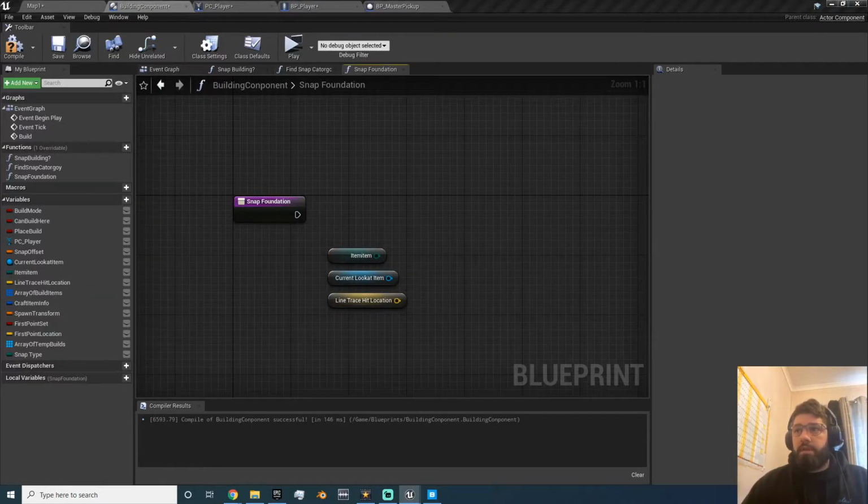So let's open this up. Now I've collapsed this inside a function for no reason whatsoever. That was stupid. Can I expand that node and move it so I can see what I'm doing? Okay, so